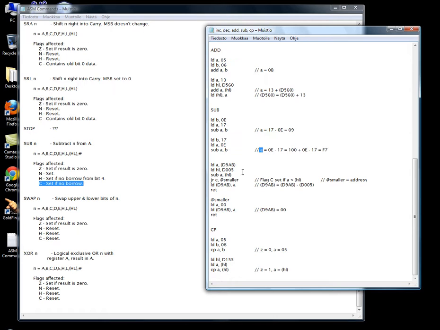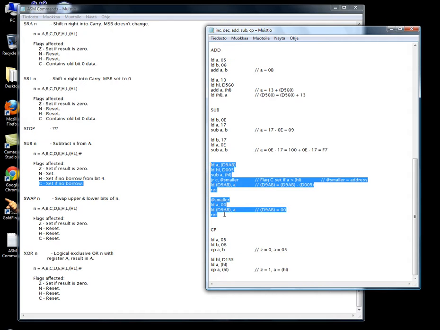We subtract 17 from 0E. And here I actually got a little bit more difficult instruction set. So first we load A with the value of RAM address D9AB. Load HL with RAM address D005. Next we subtract the value of HL from A,